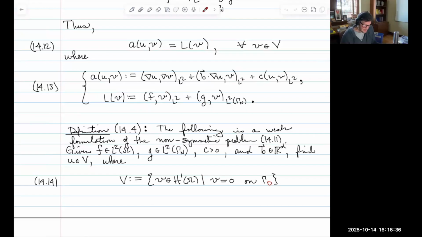The following is a weak formulation of the non-symmetric problem 14.11. Given f in L2 over all of omega and g in L2 over the part of the boundary on which the Neumann boundary conditions are enforced, so-called gamma N, c greater than 0 and b a vector, we're going to look for u in V. Now, the nice thing about u in V is that it doesn't require two derivatives, or even that two derivatives be continuous. It only requires one derivative, and that derivative can be a weak derivative. So we're looking for u in that space